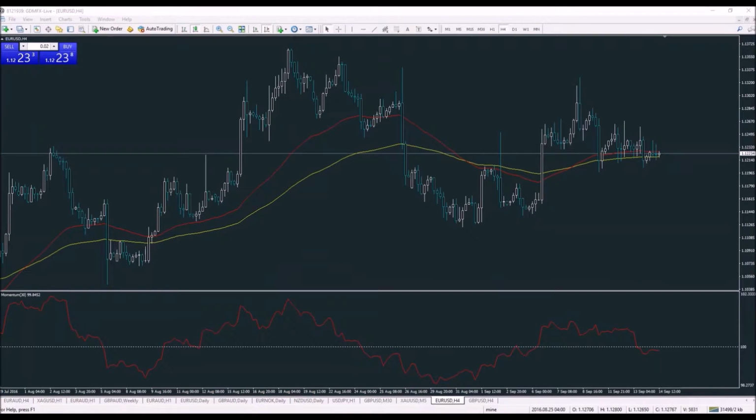But then we have the GBP versus the US dollar, then we have the Japanese yen, the USD versus the Japanese yen as well, many more major currencies, commodities, indices, so on and so forth, to which you can use this particular system. However, what I've seen is that it works extremely well on high volatility pairs based